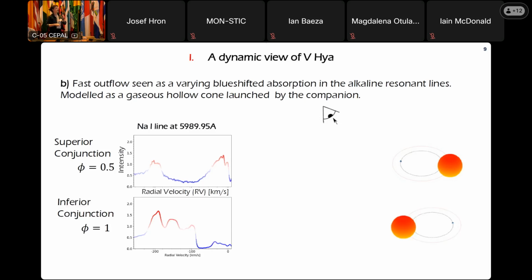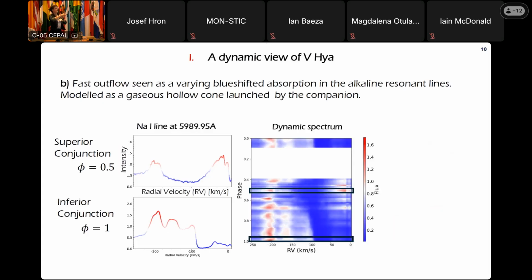And then at the opposite phase, you have some kind of pseudo-emission due to the carbon star and lower velocity absorption. And you can do that at all phases. And you have some kind of nice, smooth variation of this blue-shifted absorption. And this kind of thing is quite regularly observed in post-AGB binaries, as Hans will explain to you tomorrow, in the H-alpha profile of post-AGB binaries, and can be modeled.